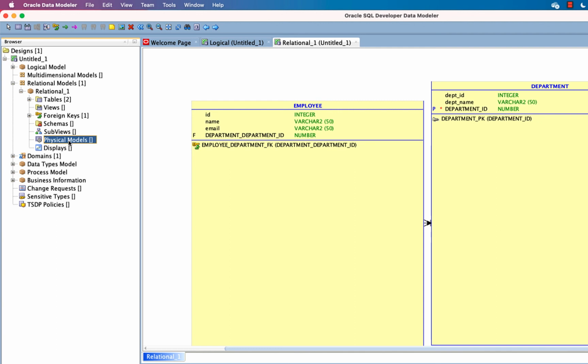Then we have to create a DDL, right? Data definition language, so that we can get code from here. We will copy the SQL code. Remember, we have to create these 2 tables in the DBMS now. Okay. So in your milestone 1, you have to do 3 steps. For question 1, you have to create this ERD.